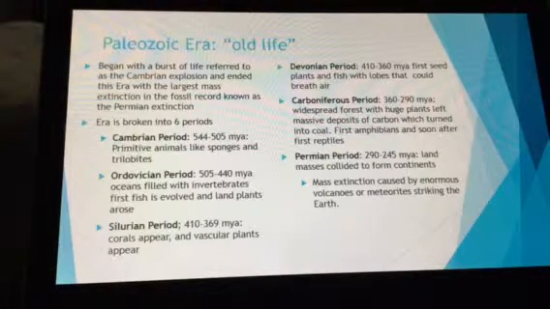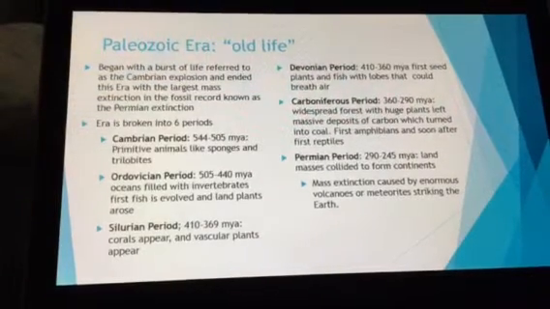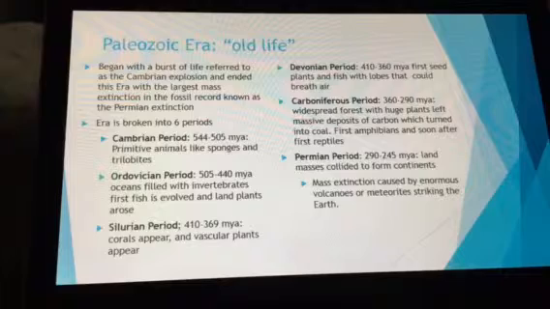Now these lobe fish were a little bit different than our first fish that arose, because our first fish are actually jawless fish. These lobe fish look a little bit more like modern day fish than what we had before. So huge advancements during this, because now we have organisms that can breathe the air that's in the atmosphere, not just in the oceans, but in the atmosphere as well. First evolutionary step to allow for our first amphibian and first reptile. So that goes into our next period, the Carboniferous period, which is where we have a huge, massive amounts of